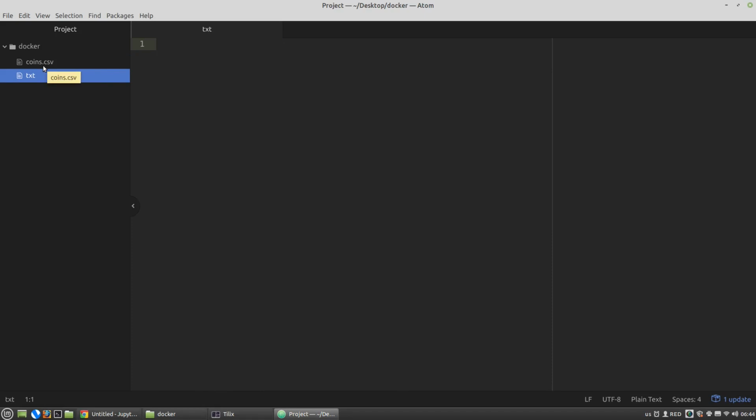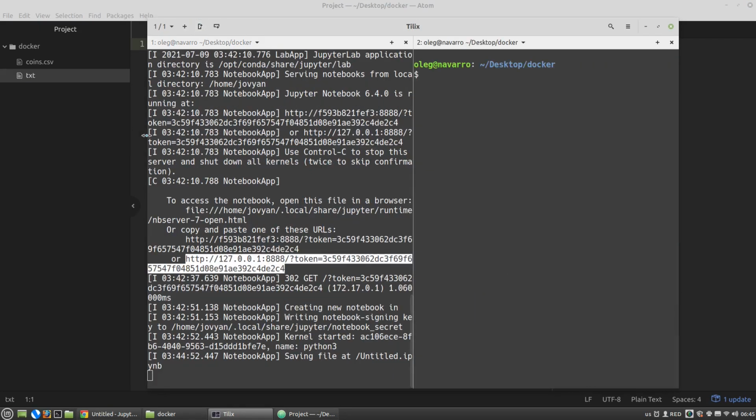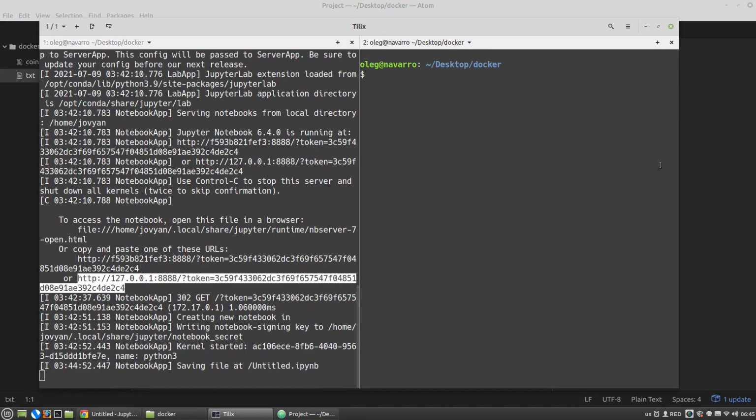Okay, so I want to use this CSV file, or you can download the dataset from the internet. And now I want to put the file into the Docker container to use it there to make a data frame, for example. Let's look at the container, what it got. I have to open the second terminal because I need to have the container running. So I just split my terminal in two.